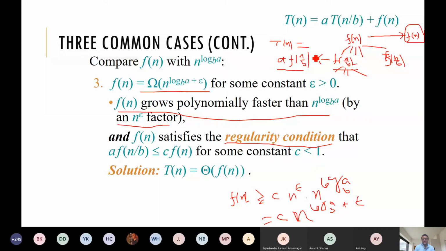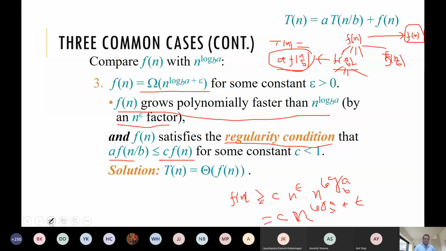So we mean to say this must be lesser than this. This must be less by a fraction of this. So this c is a fraction; c could be half or 1 by 3, 1 by 4. Even if you take a factor of this, this cost must be lesser than that. That is the extra checking you can say. So in this case we are claiming that f of n is the dominating cost.